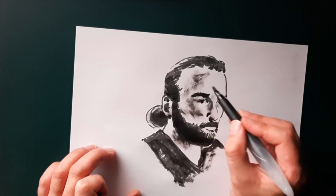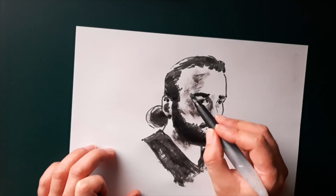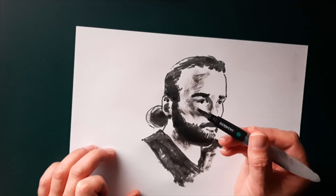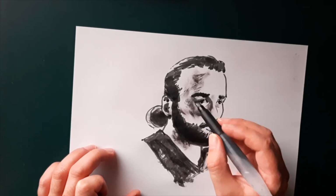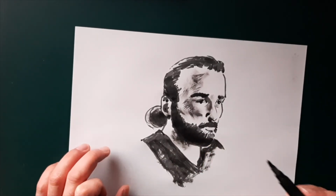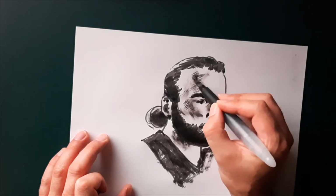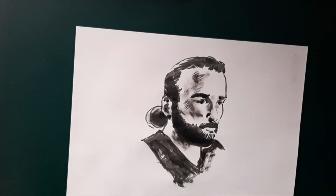And this is why I'm using it for hatching as well. It's a very good brush pen for hatching, because you can do light delicate wisps with it, and it's basically flat on one side, and you can hatch away to try and get a little bit of shading. I was struggling to do this smudgy shading, so I thought I'm just going to hatch to try to create a sense of shadow, but it still does look a little bit like I have an injury, which is